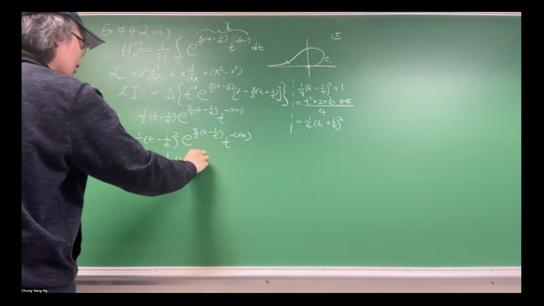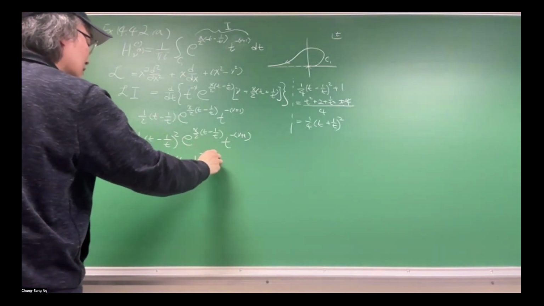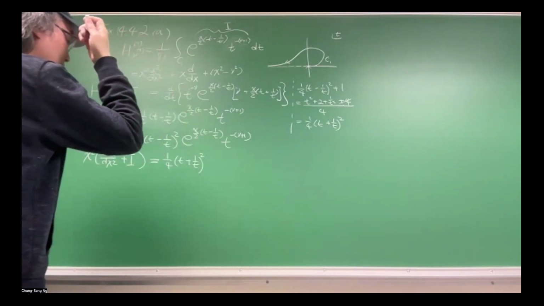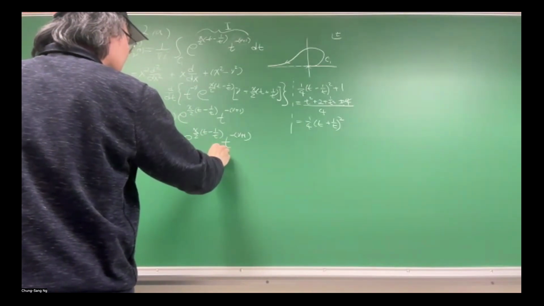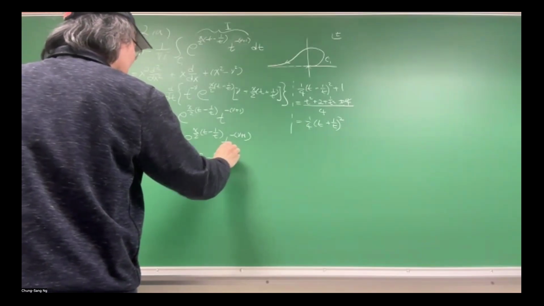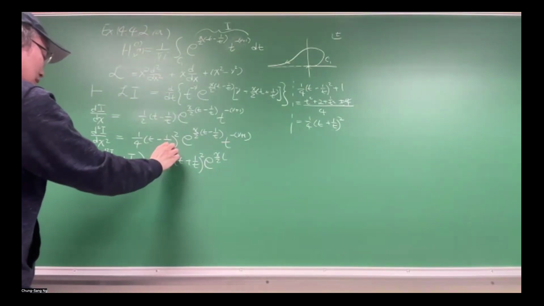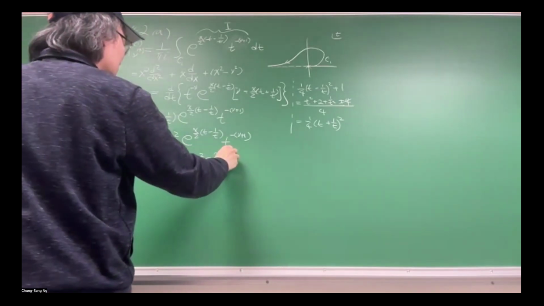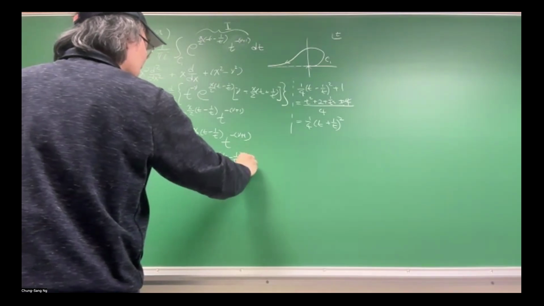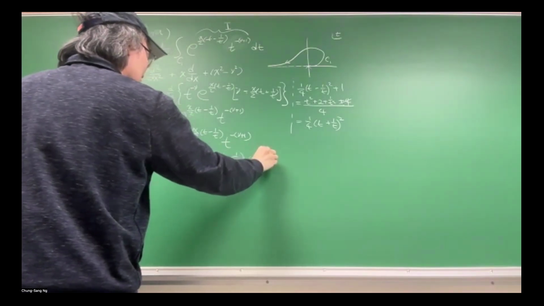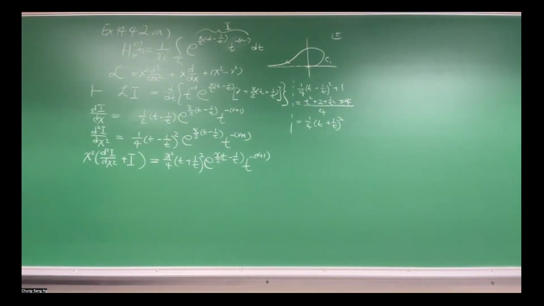t plus 1/t squared, exponential function. That's an x squared, because we multiply by x squared. t minus 1/t e to the minus nu plus 1. All right, and now